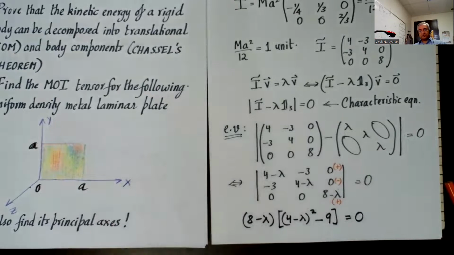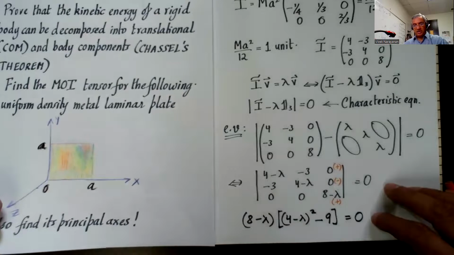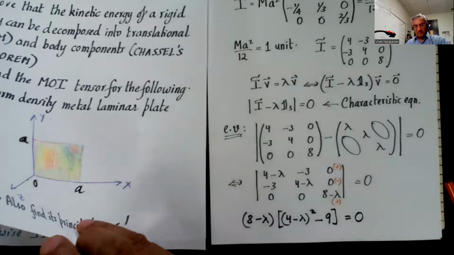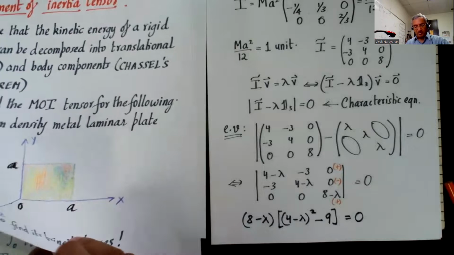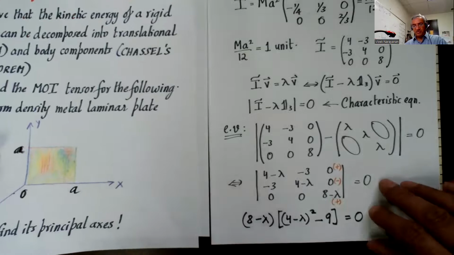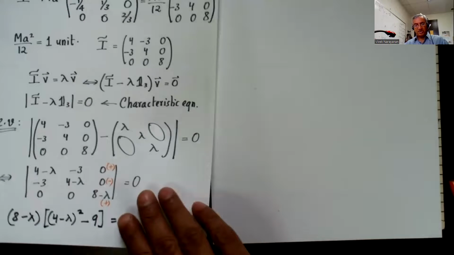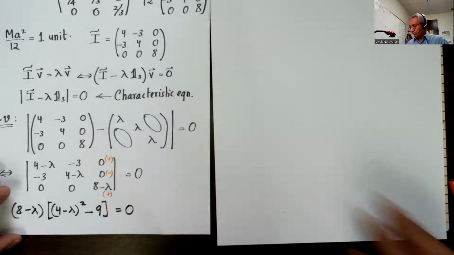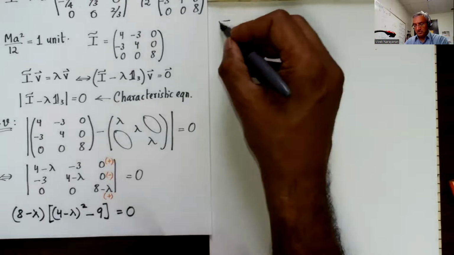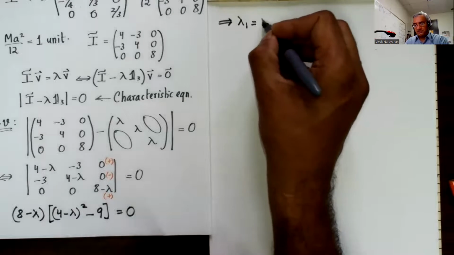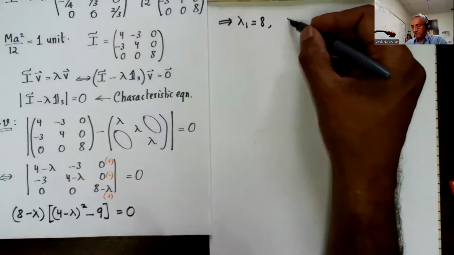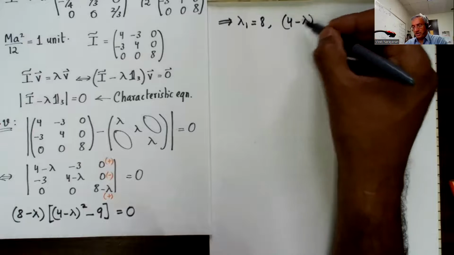equals 0. So now that's technically a cubic equation, although we don't have to be worried about solving a cubic because the solution just factors itself out. It's just a bunch of factors that are set equal to 0. So the first eigenvalue is 8. So I'll call that lambda 1. And then I have (4 minus lambda) squared equals 9. So let's solve that. That's just a quadratic,